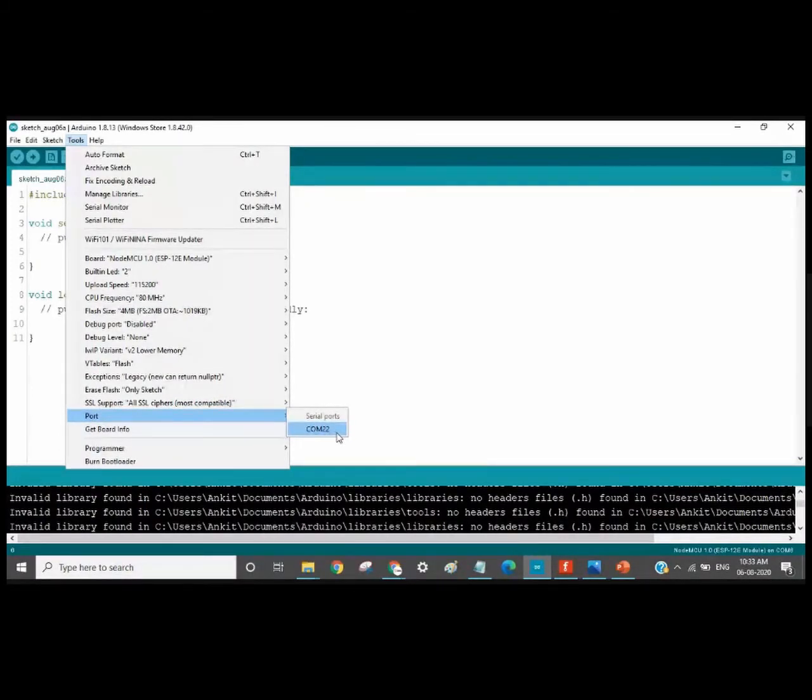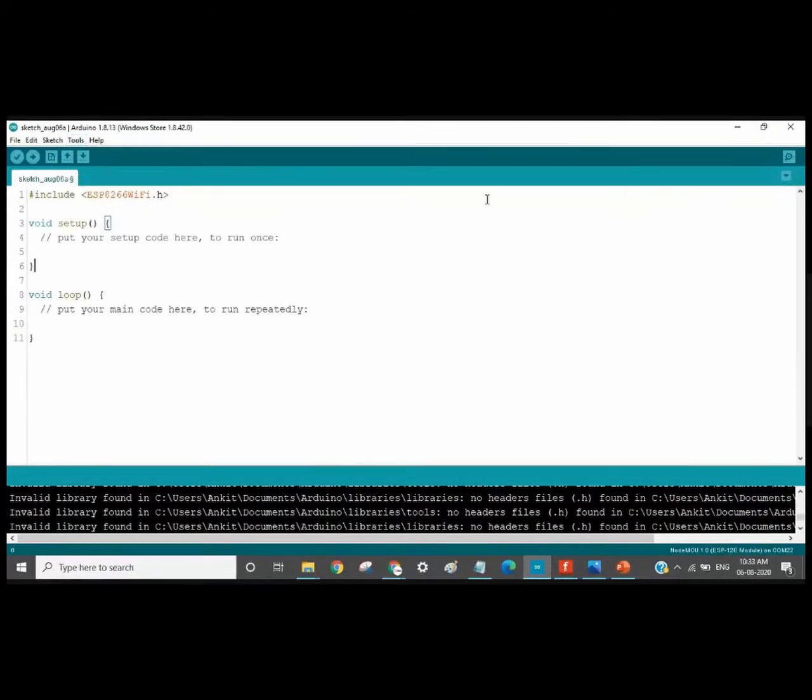Okay, so we will be selecting this COM port. So now here we can see that the port has been changed to COM22, and the board also has been changed to Node MCU 1.0, that is ESP12 module. Okay, so see, this library is now colored, the text is in color, so we can consider that this library has been added.